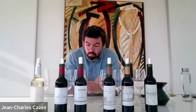First, it's always very difficult. I understand people asking the question, but it's always very difficult at this stage. What I can say is that it's a nice trilogy of vintages. And we definitely have a wine of great quality, great potential to age, perfect maturity, but with a different balance. There is the same phenolic ripeness on the 20s as there is on the 19. But in terms of